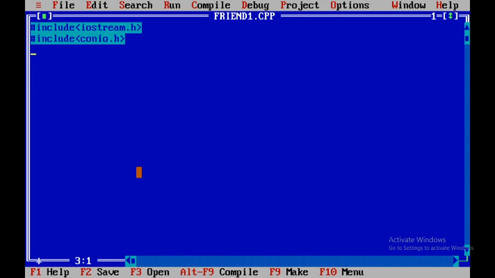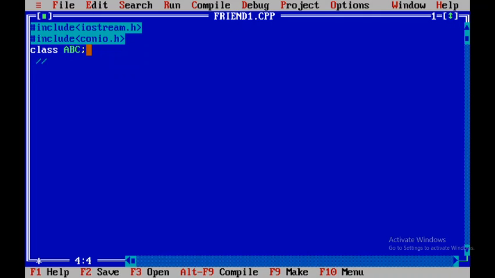So here I am using two classes. One class is ABC. Here I have given a semicolon immediately after class and the name of the class. What is this called?